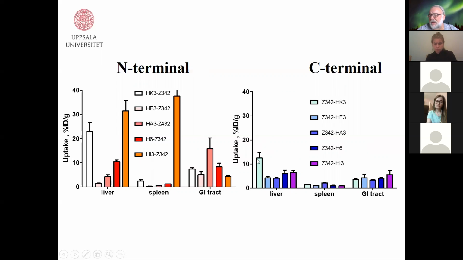Again, the HK was definitely the worst. There was a tendency to increase of liver uptake with lipophilicity, but it was far not that sharp as it was in case of N-terminal positioning. That is also necessarily to keep in mind